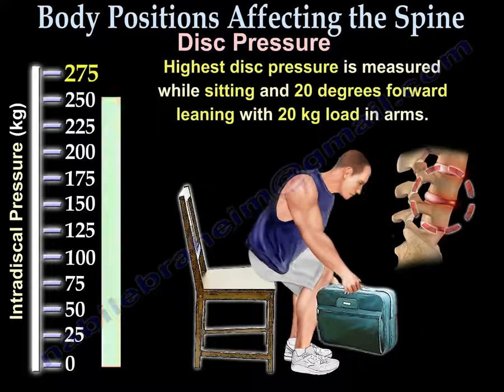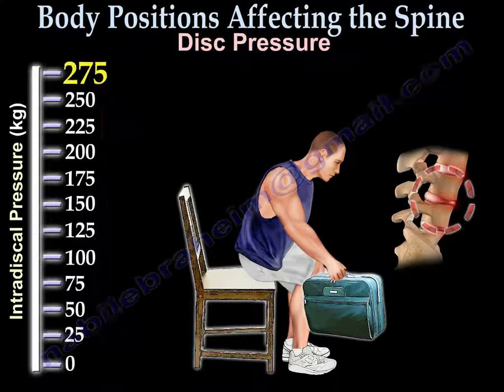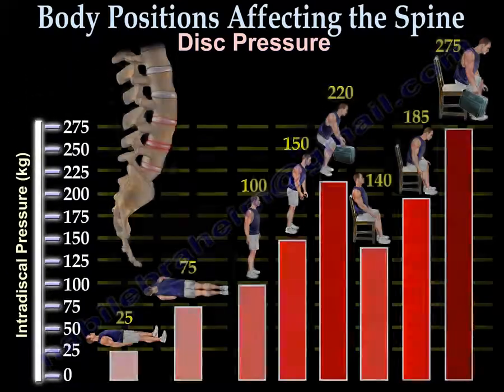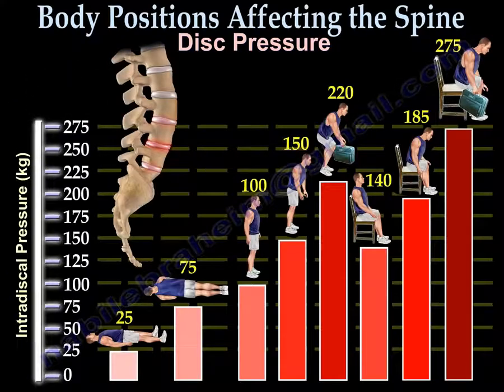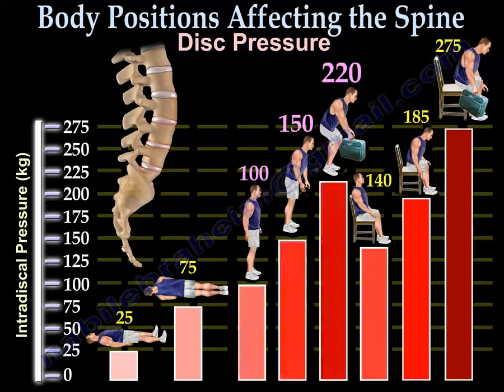And finally, the highest pressure that is placed on the disc of the lumbar spine occurs when you are in the seated position and leaning forward while bearing weight. The idea is to hold this weight closer to the body to reduce the pressure being placed on the discs. Intradiscal pressures associated with the seated positions and postural changes have proven to be greater in comparison to the same position performed while standing.